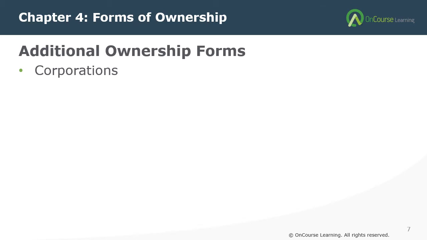A corporation is a legal entity created by a state, and ownership is evidenced via stock. We have what's called the C corporation. The C corporation offers limited liability to all of its stockholders, but unfortunately there are some downfalls to the C corporation in that